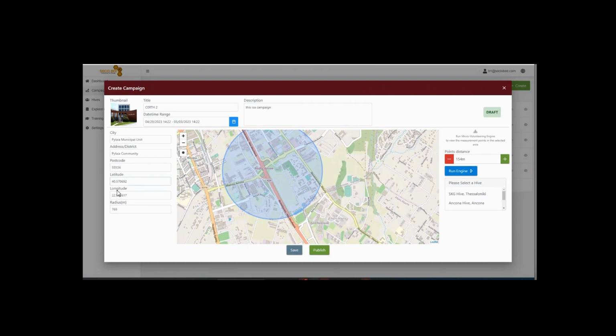So as you can see, the details on the left are automatically populated based on the area that I created. And I can set the number of points, basically the distance between the points, which will create the measuring points themselves. By clicking around the engine, I get the